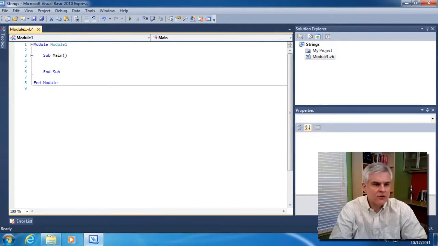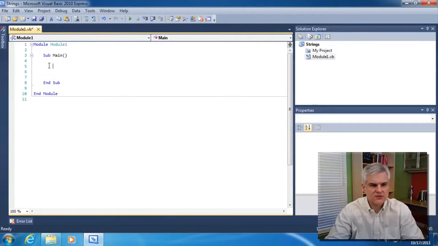So as you can see, I've already created a console application called Strings. Go ahead and take a moment to pause the video and set up a new project. And what I want to do is just type in some code and make some observations about strings, and we'll just continue to grow these examples and explore some other things that we can do with string manipulation in .NET and Visual Basic. All right, so first of all,